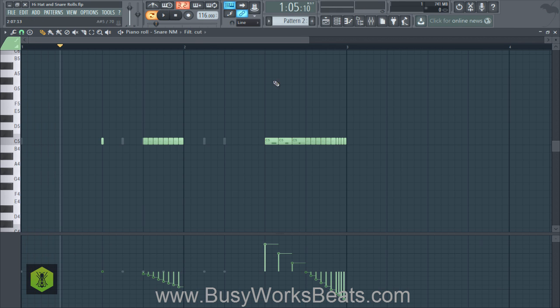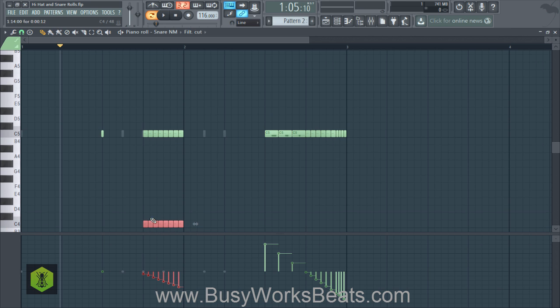Now, a really cool technique I like to use is, right here, I'll hit Shift or just clone this, whatever you want to do, Control C, Control V, or Control B, whatever you like to use to copy and paste. What I like to do is pull this down an octave or to some lower value, so it has a really cool sound contrast.